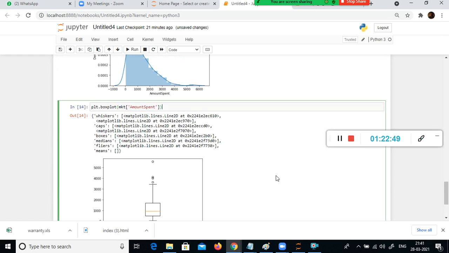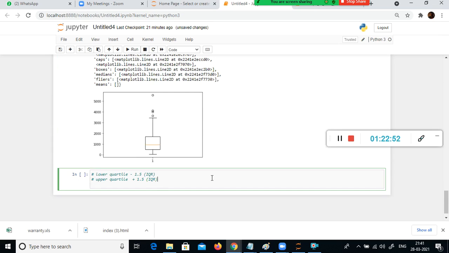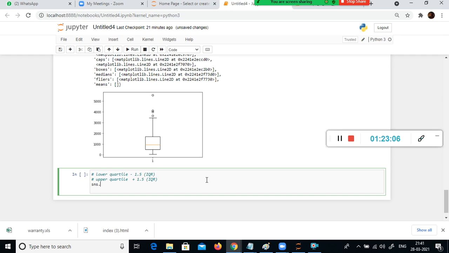By exploring this data using box plot, we are able to find some kind of outlier in my amount column. But don't worry, if I have an outlier, will that be a problem? Yes, it will be a problem. Then can I remove those outlier data?